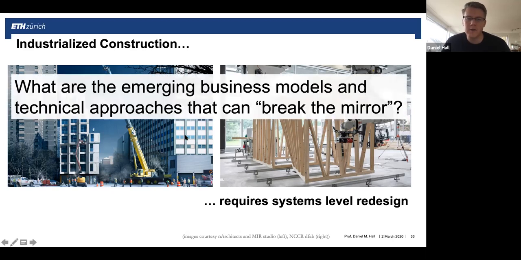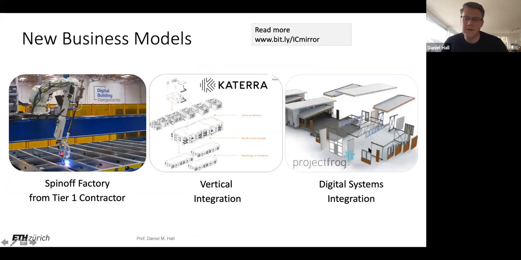And so the goal that we're trying to discuss today is, what are these business models and technical approaches that are allowing companies to break the mirror? Again, the mirror is that you only know structural engineering, but you don't really rethink the whole building and optimize for the overall good of the system. You just optimize your little piece. But how can we break away from that and really optimize the overall product? There are three specific approaches that I've identified in some of my research, and I think it's a helpful starting point.